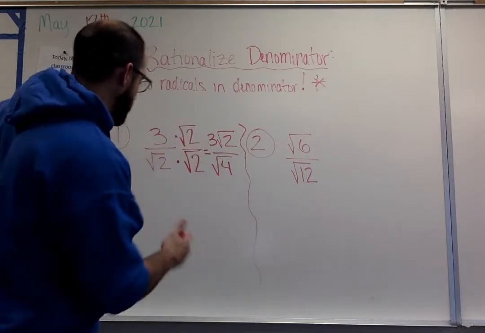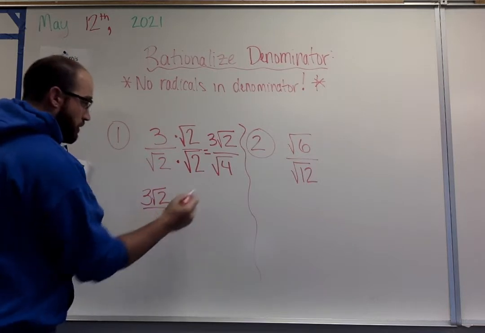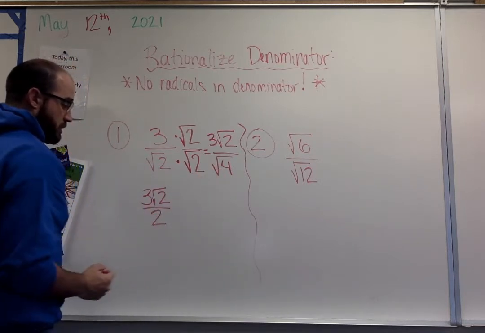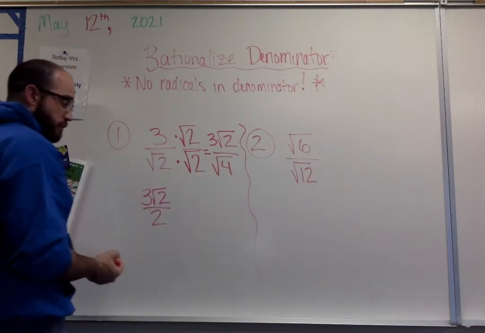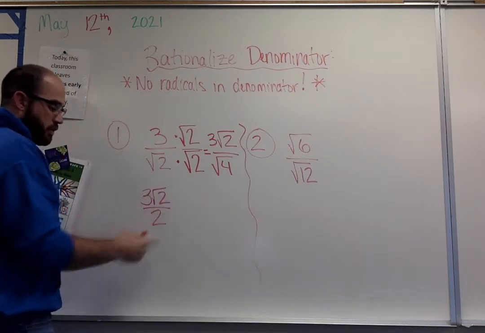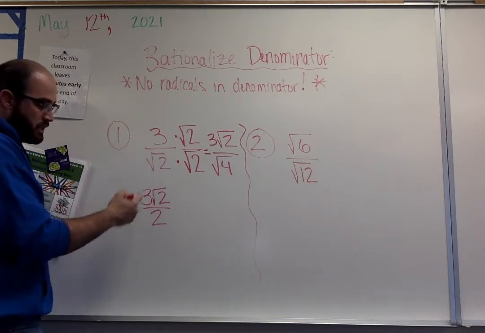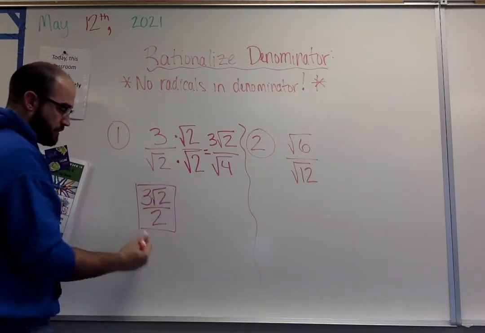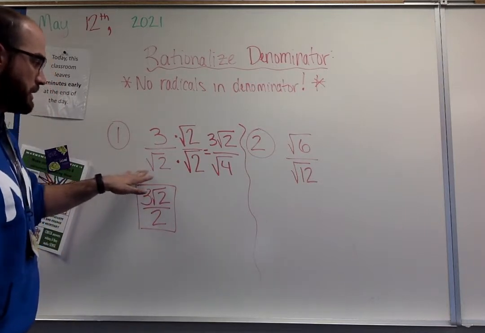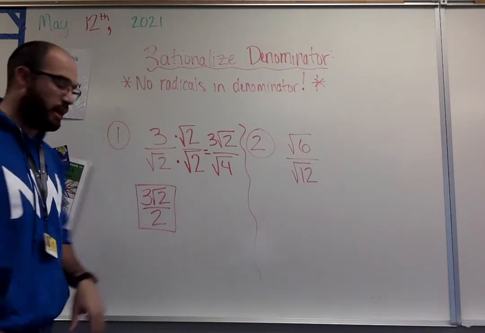So for this one, I'd end up with 3 square root of 2 over square root of 4, which is the whole number 2. This would be my final answer. There's nothing left to simplify on the top. The denominator here is a whole number. I can't divide these two or simplify the 3 and the 2, the whole numbers, so I know I am done. The nice part here is anytime I multiply a radical times itself, or times the same radical,